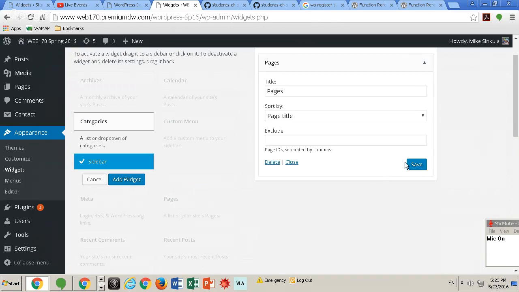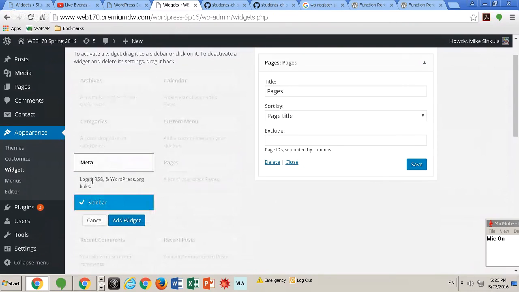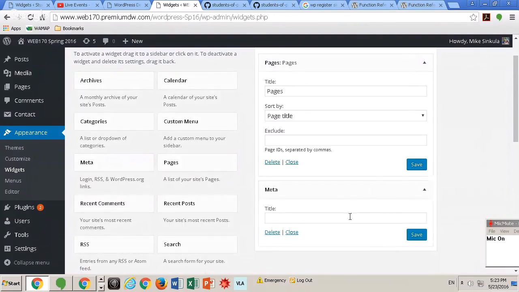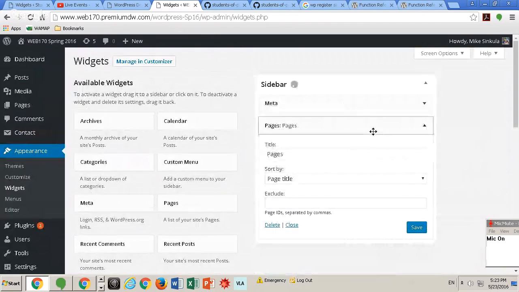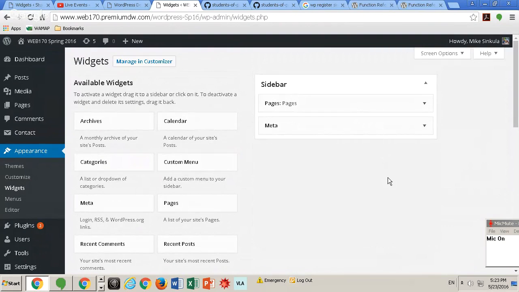I'm going to, meaning the login, RSS, WordPress, et cetera, et cetera. And I'm going to label it accordingly. I can move these in whatever order I want to. Okay. So now, if I then go and view my site,